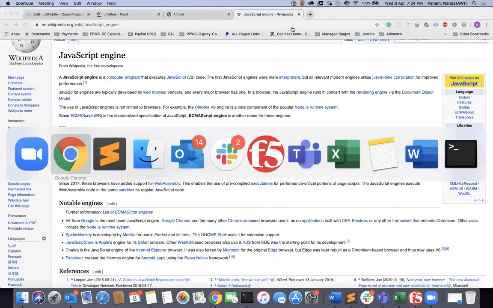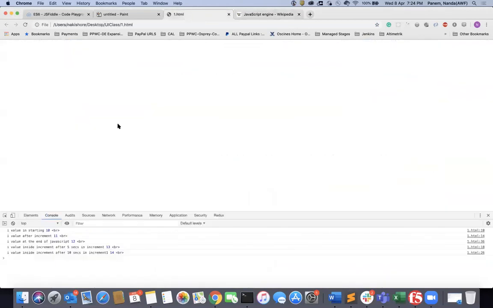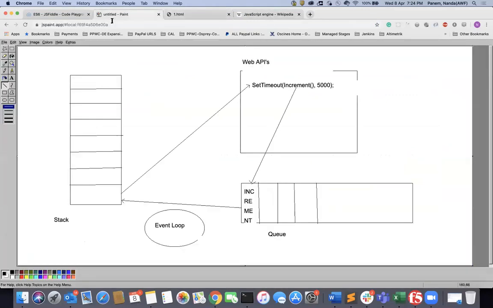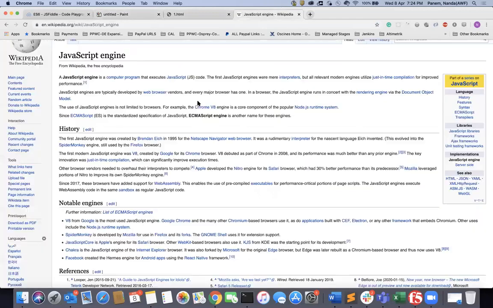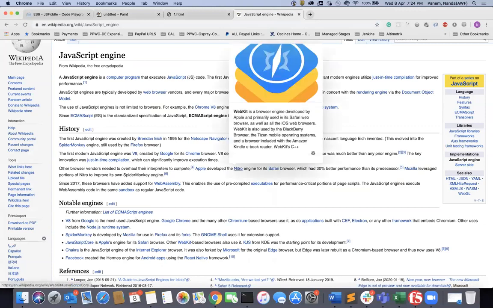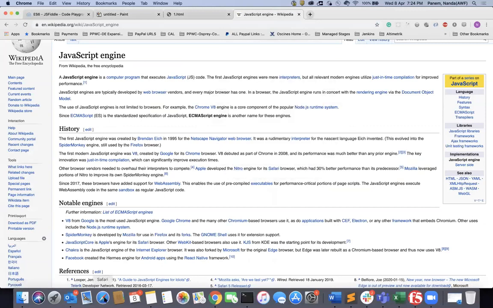As of now, you're using the Chrome browser, correct? In this Chrome browser, there is a V8 engine, mainly to execute our JavaScript lines of code. Similarly, other browser vendors created their own interpreters and compilers. Apple developed their Nitro engine. You have the Safari browser, correct? For this Safari browser, they created the Nitro engine to execute your JavaScript.